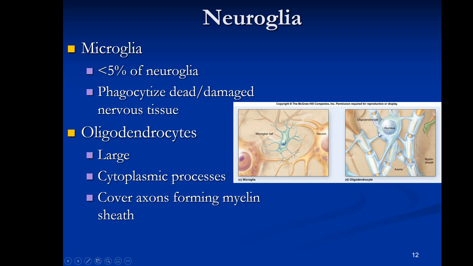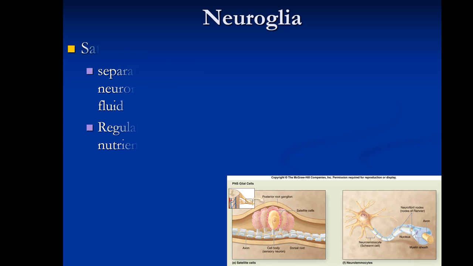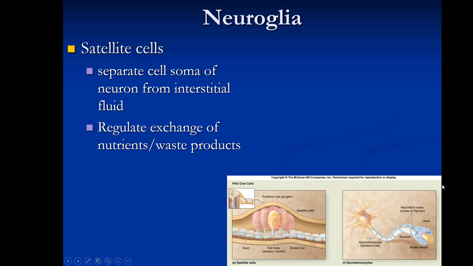And the other thing I want to point out, just to be clear, this is within the central nervous system because these are central nervous system cells. So we're talking about myelination of neurons in the brain or spinal cord because it's going to be different for the peripheral nervous system. So moving on to the peripheral nervous system, we have satellite cells, which basically form like a little barrier that goes around